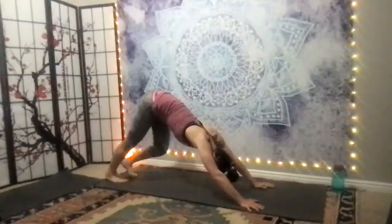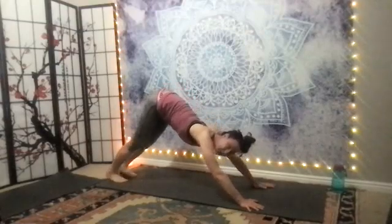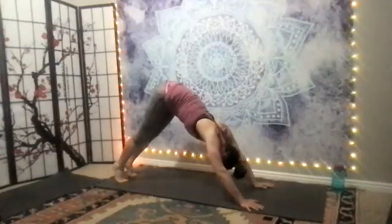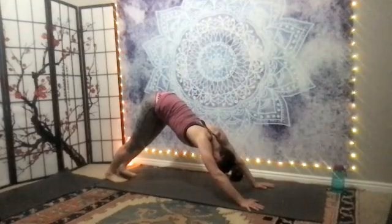Neck is soft. You can also lift both heels and lower. Lift both heels and lower. Inhale and exhale. And then lower the heels and hold. 5, 4, 3,